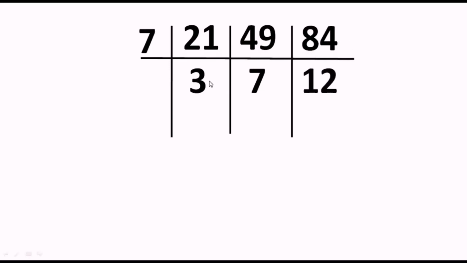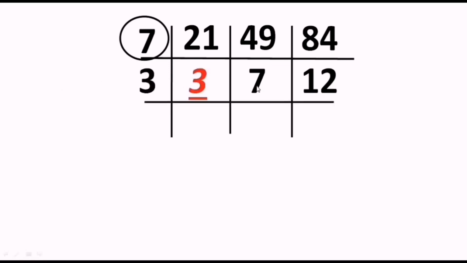And now observe the bottom layer. 7 has divided all the numbers above, so we have to encircle it without fail. Now if you observe the bottom layer, you will come to know that 3, 7 and 12 are not at all present in one and the same table, because 7 is a prime and 3 is also prime, right? Moreover, if you observe deeply, you will come to know that 3 and 12 of the bottom layer are divisible by 3 itself, so we cannot stop, we have to move on by dividing by 3. The moment you divide 3 by 3, we get the answer 1.